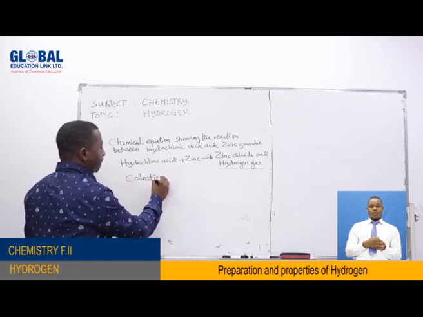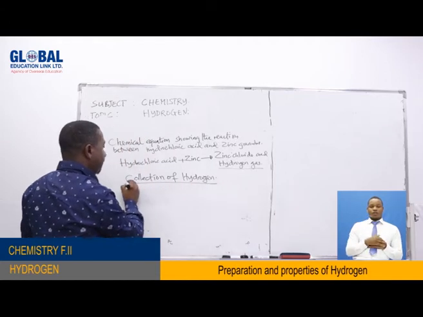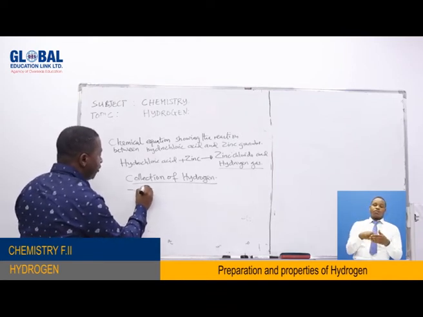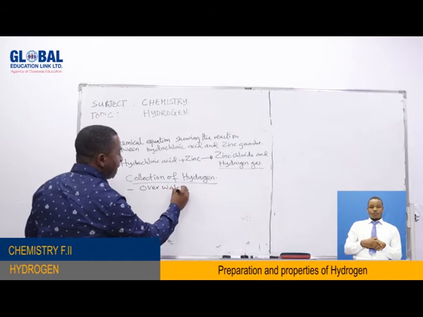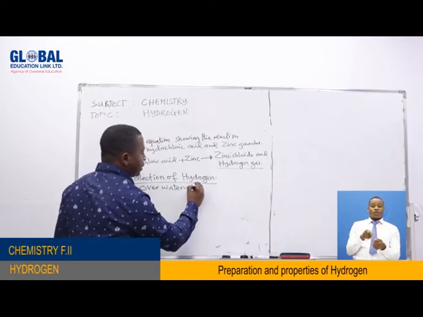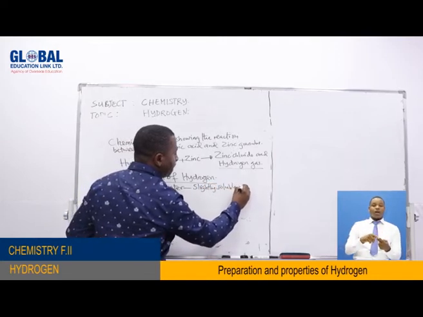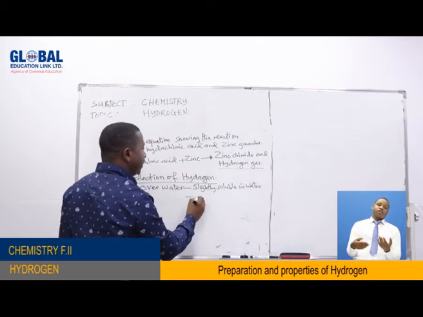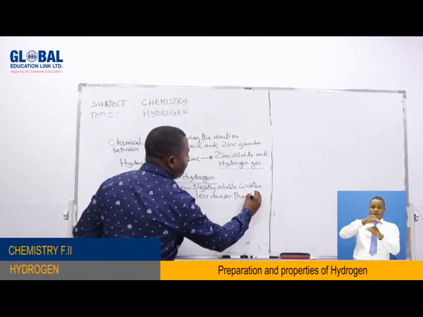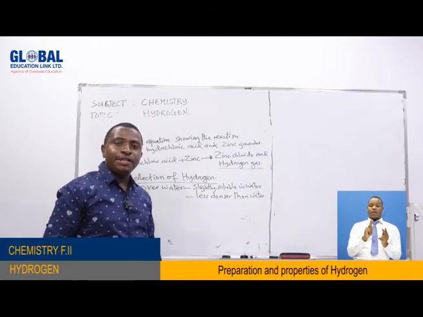Correction of hydrogen. I said hydrogen can be collected over water. Hydrogen can be collected over water, and the reasons were because it is slightly soluble in water, and the other one, it is less dense than water. But dear student, if hydrogen is required dry,